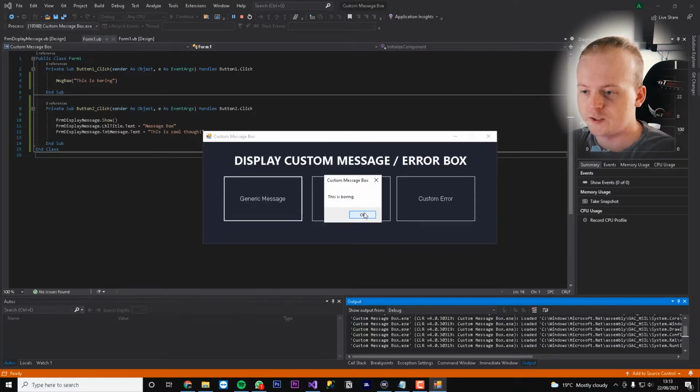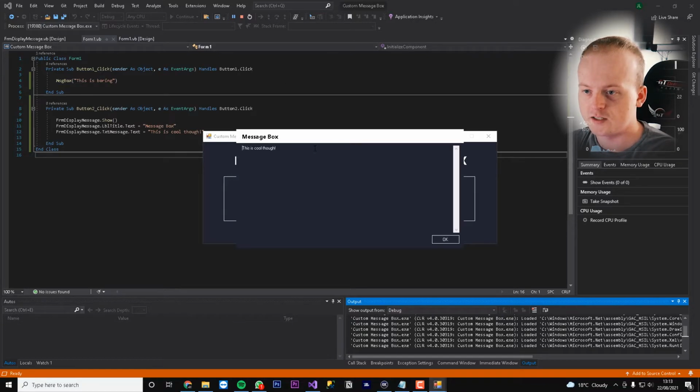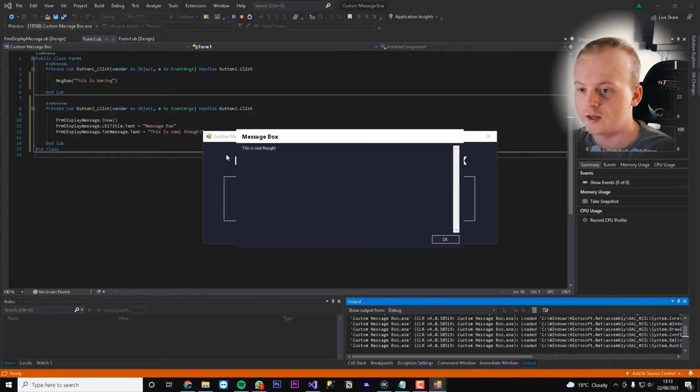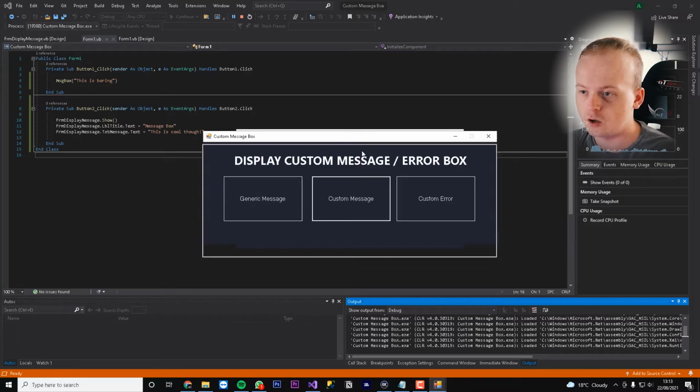So we've got our boring message, but now when we click this, it's going to display our new message box. This is cool though, and then we can press OK, and it's gone. One thing that you might not like is if you click away, it's going to hide behind.